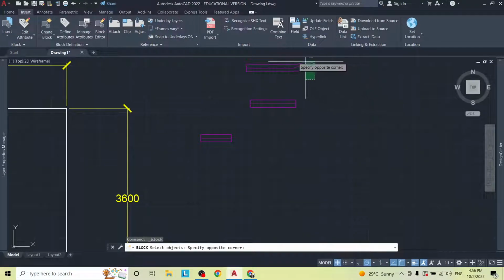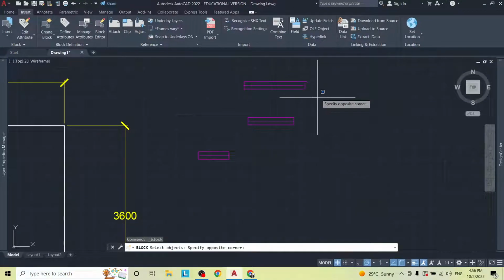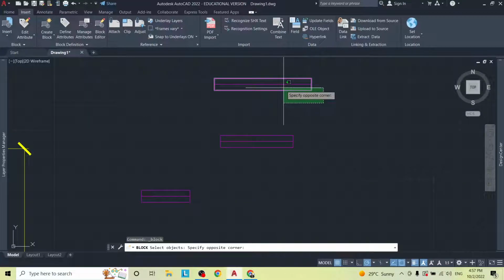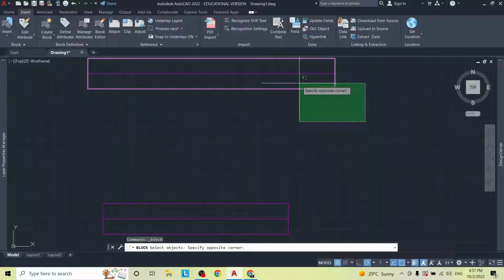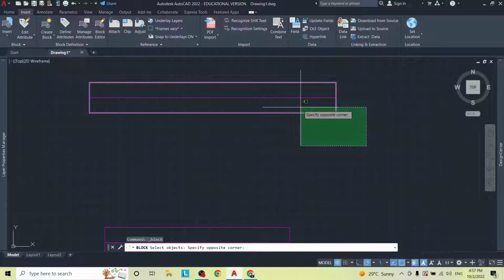Notice I'm selecting, so that's a quick tip. I'm selecting using the green selector tool. I'm going from right to left. When you go from right to left, anything that this green area touches is automatically going to select the entire thing. So the green area touches just part of the rectangle, and notice the entire rectangle is selected and turns a little light pink. If I use the blue selector tool,